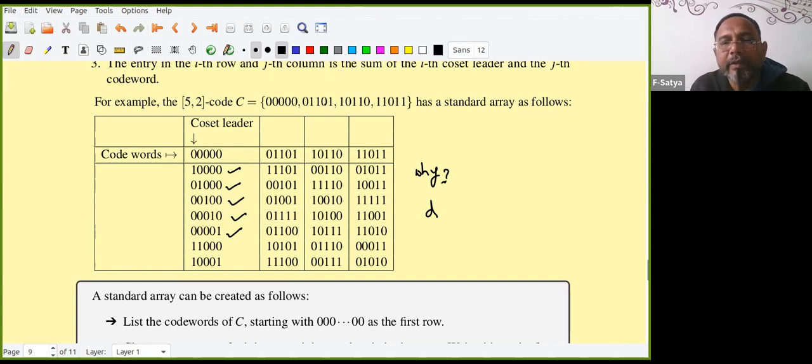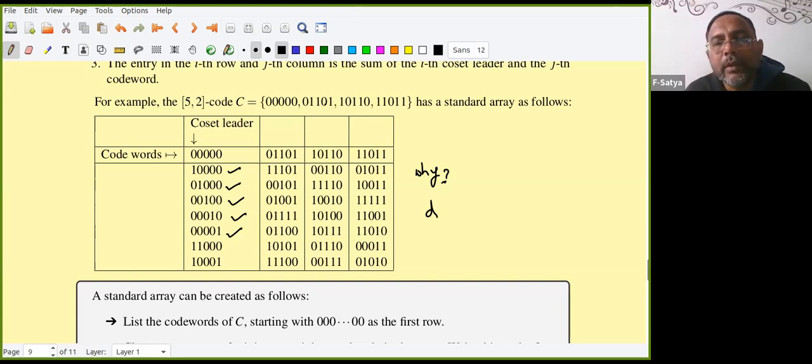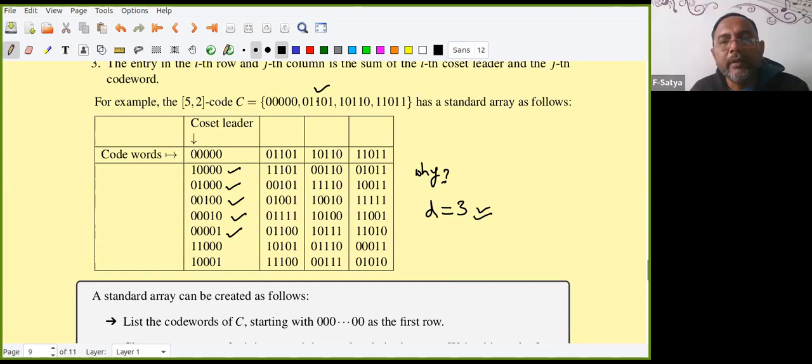Mehak, can you tell me what is the distance of the code? So am I audible? Yes, you are audible. Yes, sir. So the distance is 3. Why is it 3? Can you give me the reason? You are looking at the weights, right? Yes, sir. Weight is 3 here, weight is 4 here. So the minimum weight of a non-zero code word is 3. So the distance is 3. How is that helpful to me, that all weight one vectors will come?